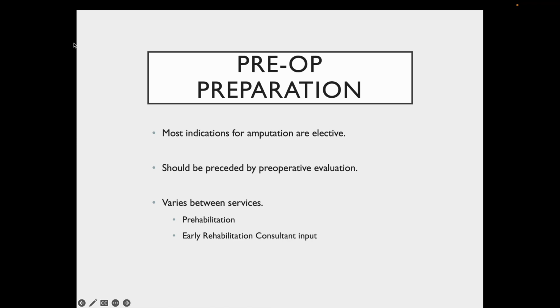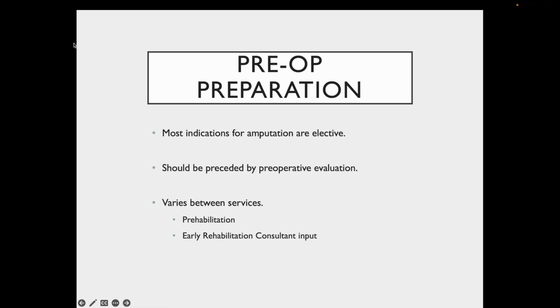When they're seen regularly in wound clinic, we're able to observe their progress, and as such, when we see patients heading towards a major amputation, we should be preparing for it. This kind of initiative does vary from service to service, and in the service that I work in, we do what we call prehabilitation, which is rehabilitation before surgery. And I will go into it in more detail in a couple of slides, exactly what we do in our